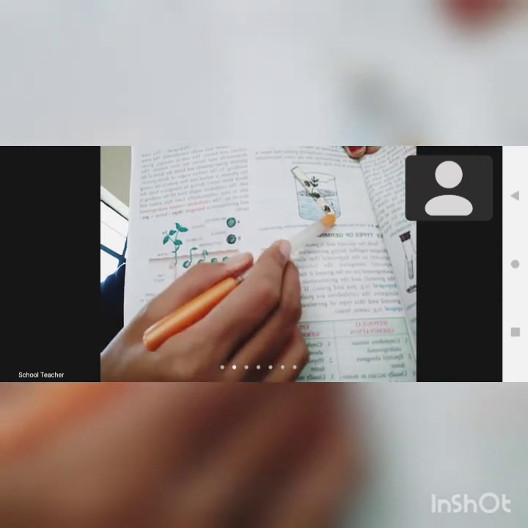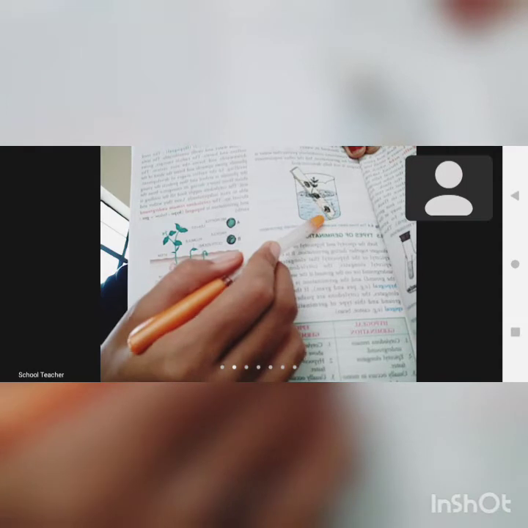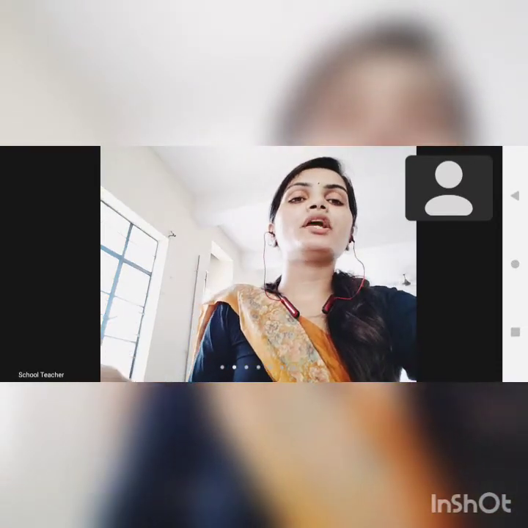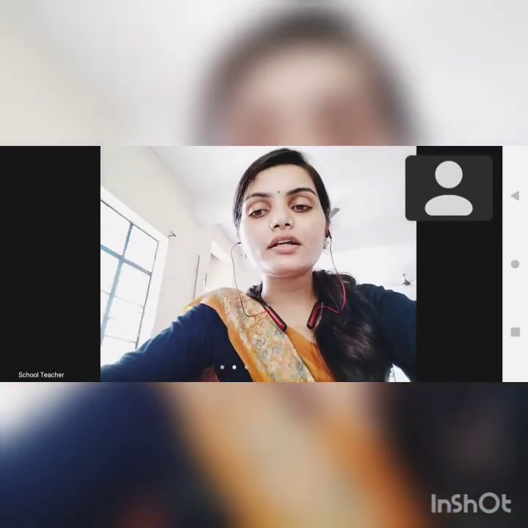This one is getting water and sunlight, but oxygen in very less quantity, that's why it is not showing well developed germination. But here it is getting water, a proper amount of moisture, oxygen, and suitable temperature, that's why it is showing very good germination in comparison to the other seeds.